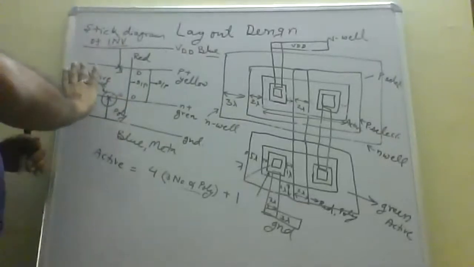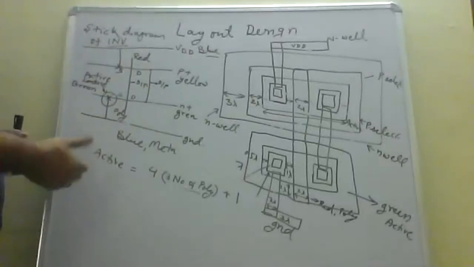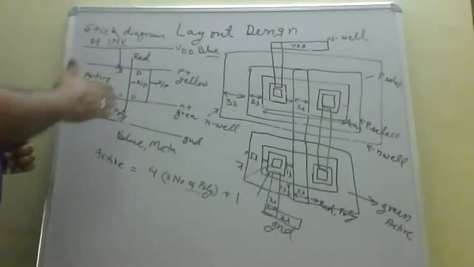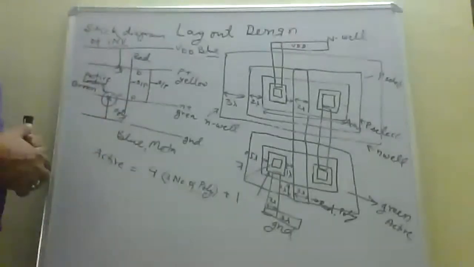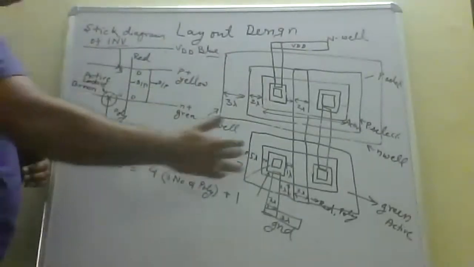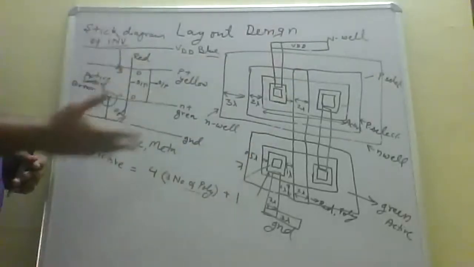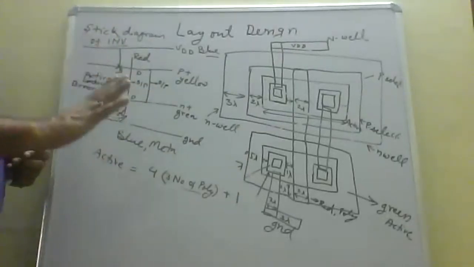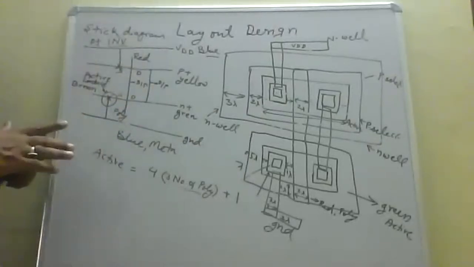And why is the stick diagram required? Because this is a very simple circuit. Suppose there are 5 gates, then there will be 5 polysilicon. So how do we place that polysilicon on the layout? We cannot randomly write the polysilicon sequence or polysilicon length over here, right? So for this we require a stick diagram. The stick diagram basically gives the rough layout. That is, the structure will be clear, the connections will be clear, right?